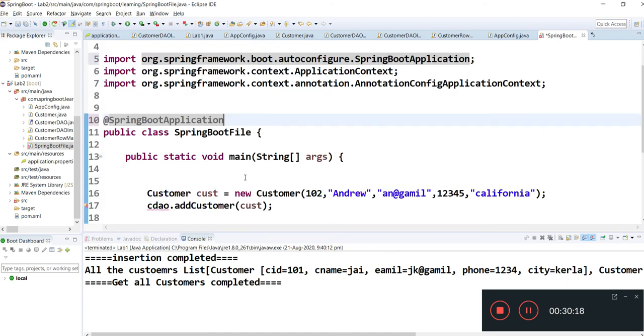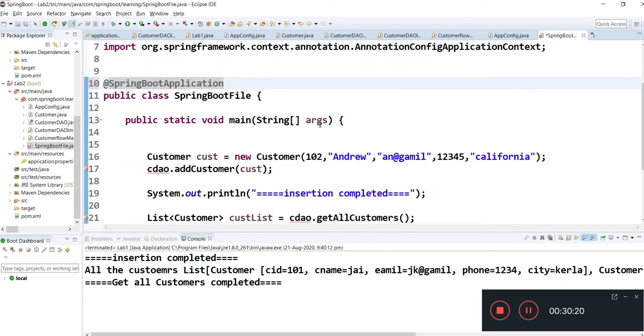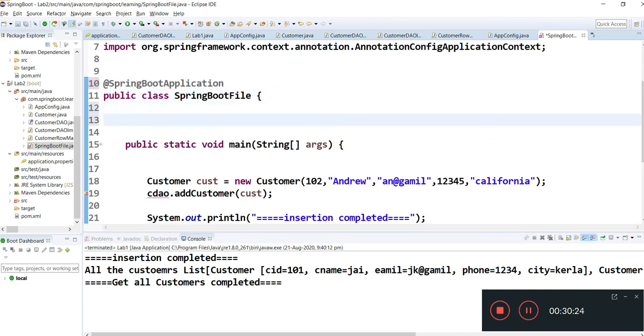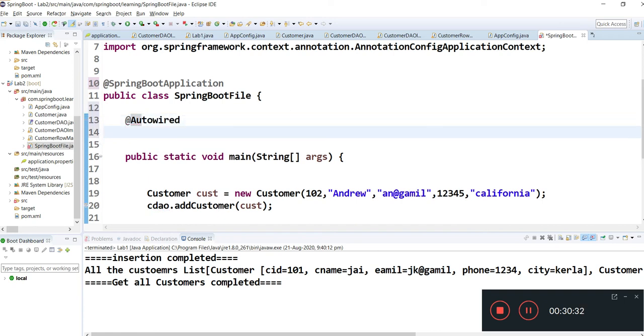That's the first thing. Second, you need a customer DAO, so you can inject this with @Autowired CustomerDAO as cdao.